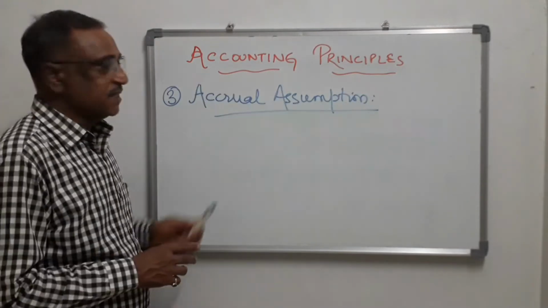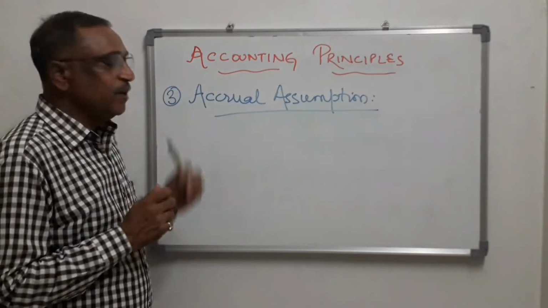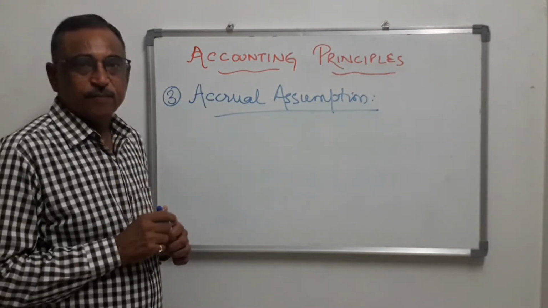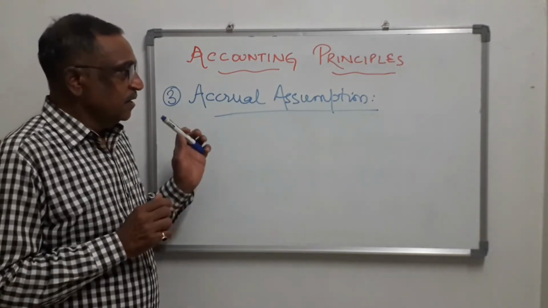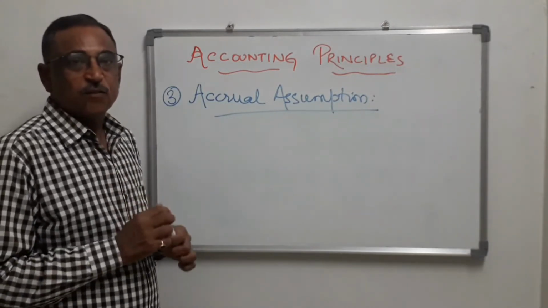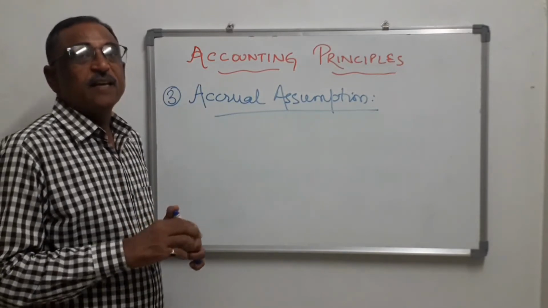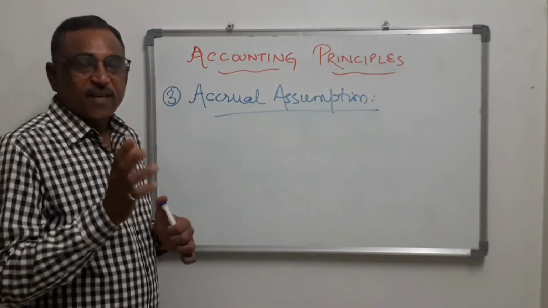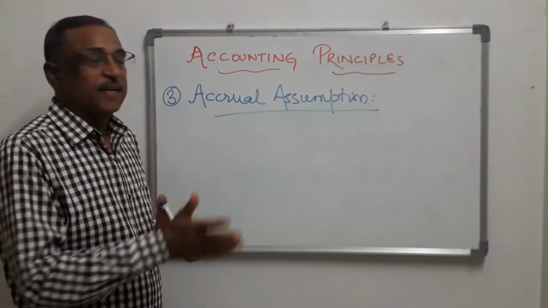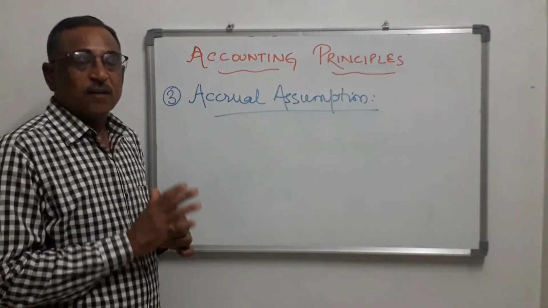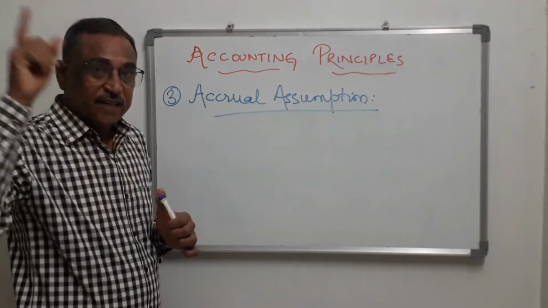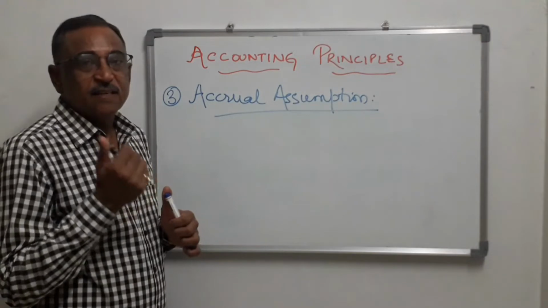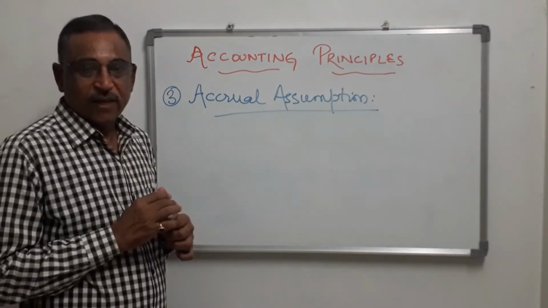Now let us take up accrual assumption. According to this assumption, we should follow the mercantile system, which says the effects of transaction should be recorded when they are realized and not at the time when they are settled. For example, that means any credit transaction will be taken into account. It will be recorded. It will not be recorded at the time of settlement, that is when it is dealt in cash or cash equivalent. Okay?